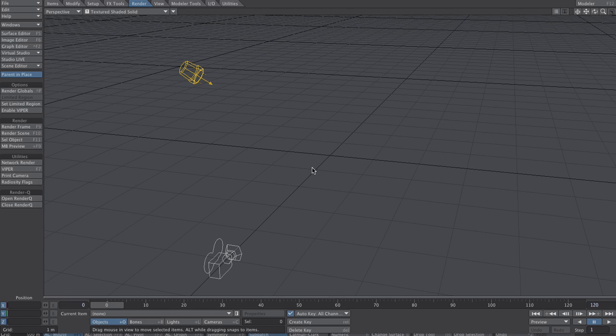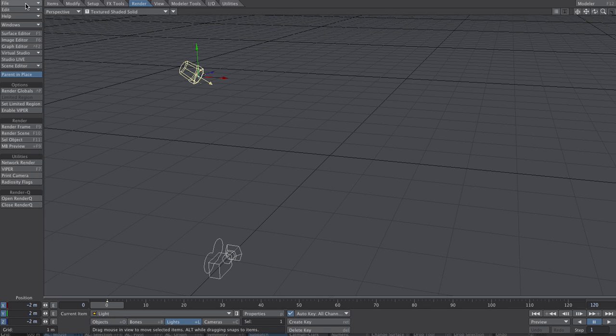For this next look at layout, we're going to dig deeper into the animation side of layout's capabilities. We're going to look at some of the key ingredients that make animation possible in Lightwave on an advanced level. So tools like the graph editor and the scene editor will help us explore keyframes on a more in-depth level and allow you a lot more freedom when it comes to editing keyframes. So we're going to build up a little space scene,